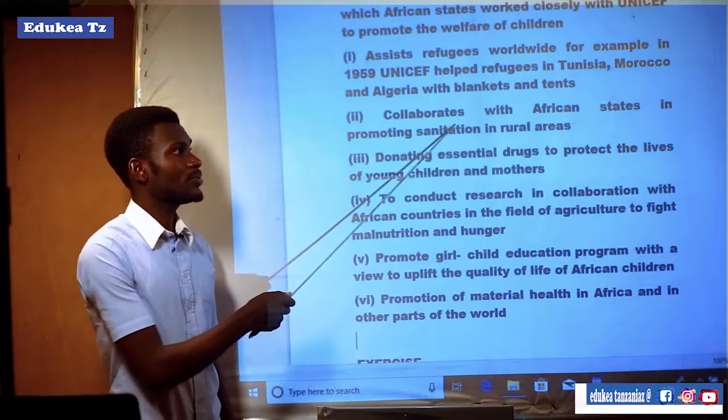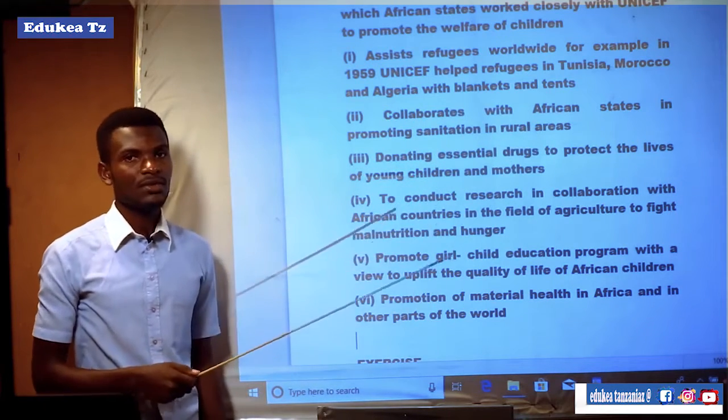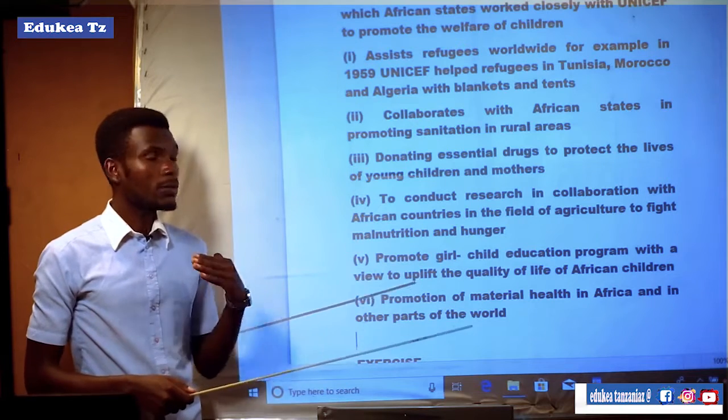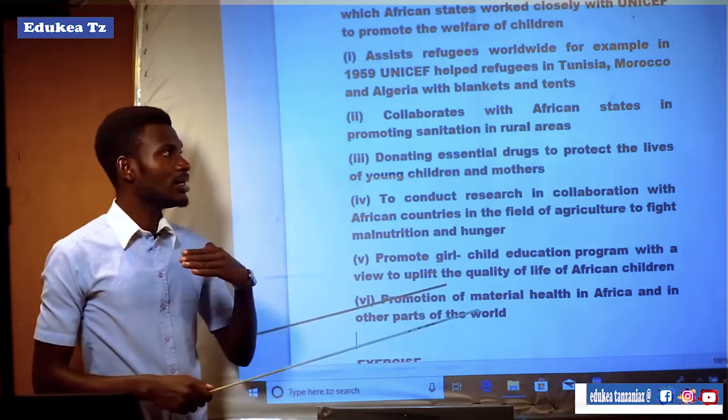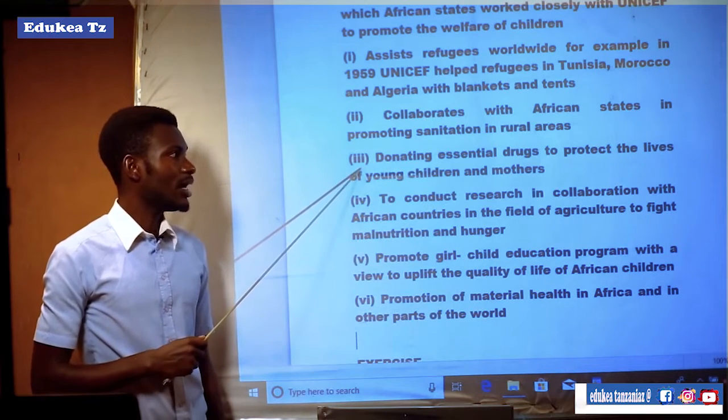Another is to collaborate with African states in promoting sanitation in rural areas. It means that UNICEF collaborates with African states in promoting sanitation in rural areas, and the other one is to donate